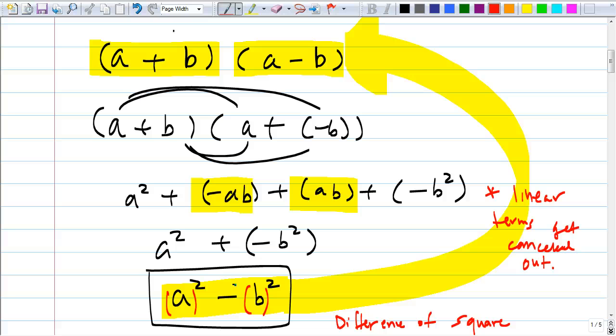Eric? No. So we're trying to go back to this, right? Yeah, Sarah? Is that what we had before? Is that how we got a squared minus b squared? How do we get a squared minus b squared? We multiply two binomials that look exactly alike, except one of them is a sum, the other is a difference. So a squared minus b squared, when you factor, it will always be